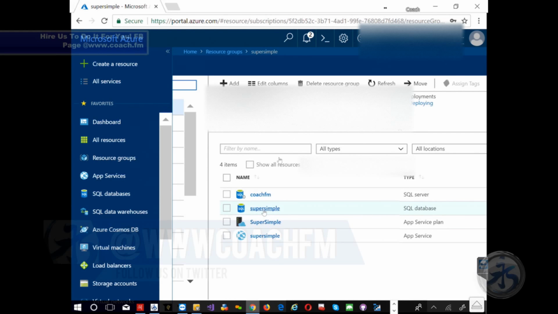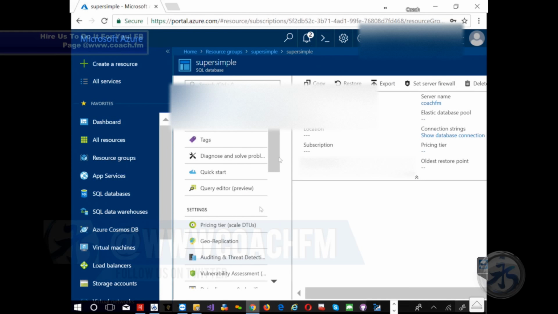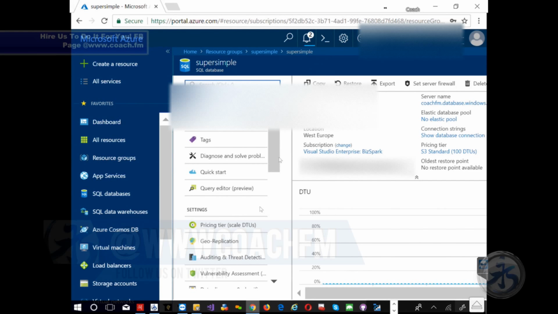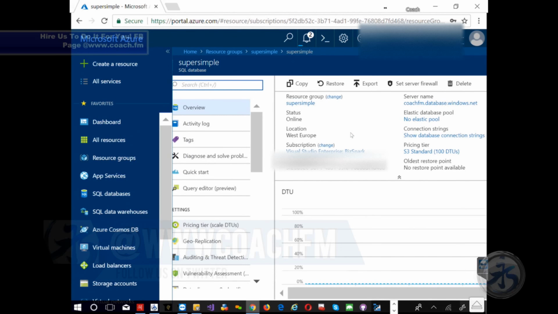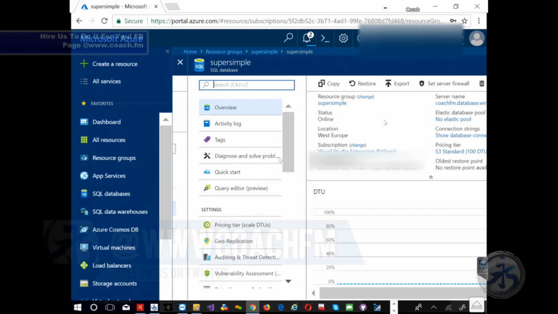Now, I'm going to go to my SQL database, and I'm going to set the connection string, not the connection. I'm going to set the firewall. Again, it sounds complicated, but it's not. It's really, I'm on a cell phone connection,